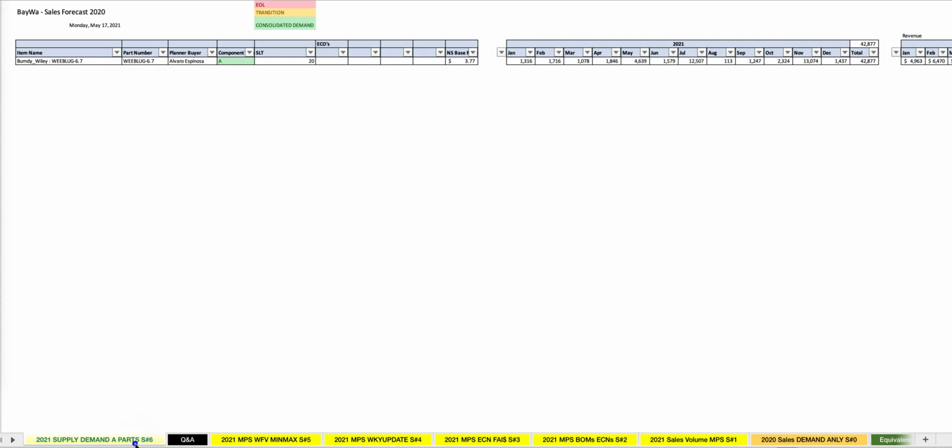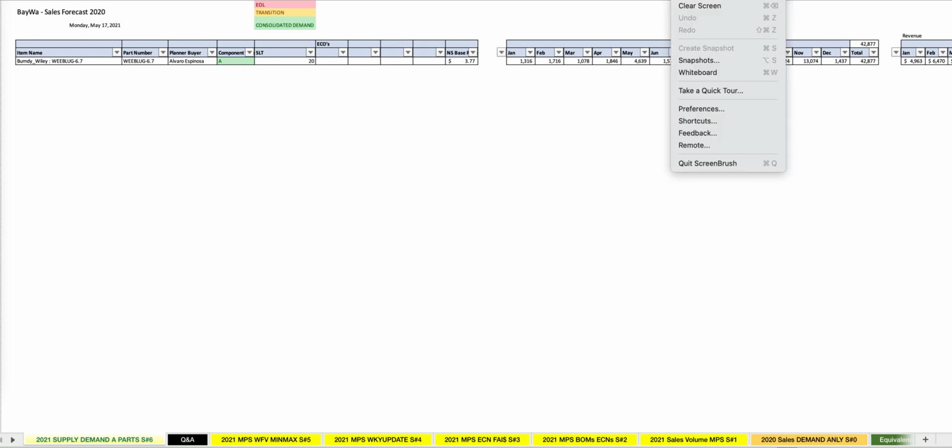So the next thing we need to have is our sales projections for those items. In this case, it's a pretty high demand item. It's 42,000 pieces for the year, and we have that divided by month. And this profile is very well known and committed by the sales team, and the next thing that I want to say is that you